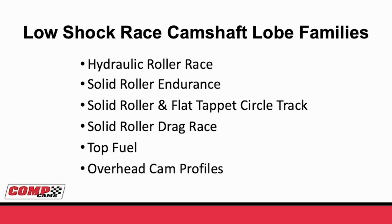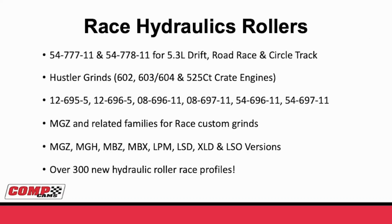We'll go with the hydraulic rollers, the solid roller endurance, which would be your road race, things like that, 24-hour cars. The solid rollers and flat tappets for circle track, the drag race, top fuel, and finally overheads. On the race hydraulic roller side, we actually do have a couple of shelf cams for the 5.3 guys. This came about with our RHS packages where we put an intake manifold, did a camshaft and setups for that. With these parts we got together and we made something that would really be a drop-in race package with our